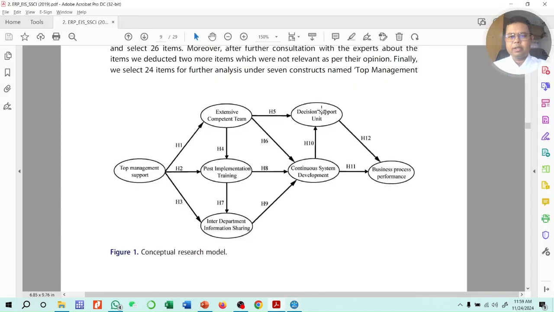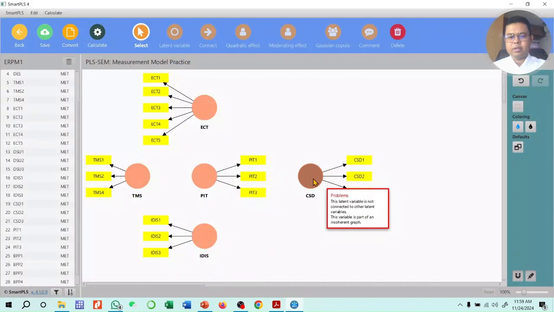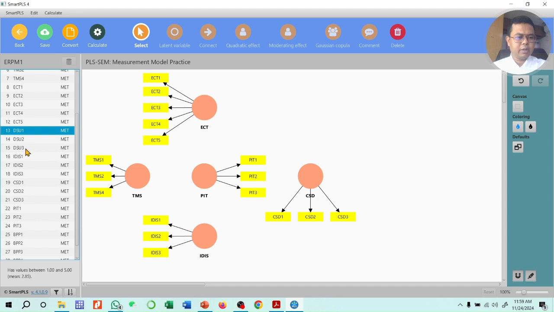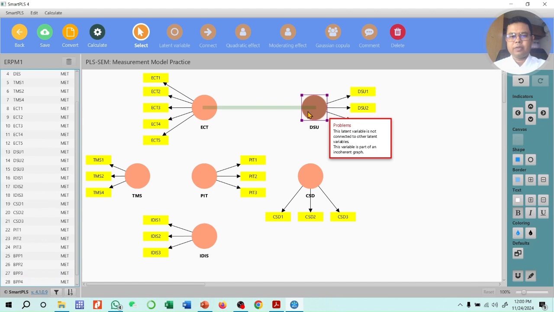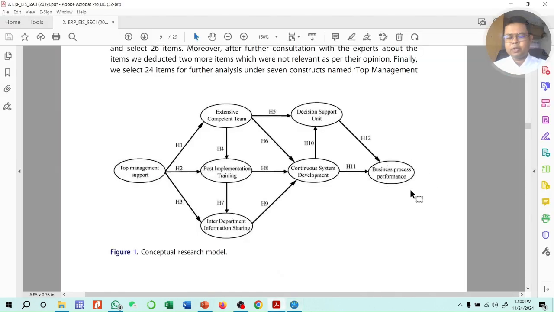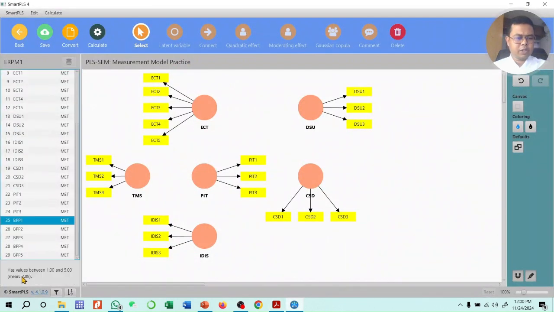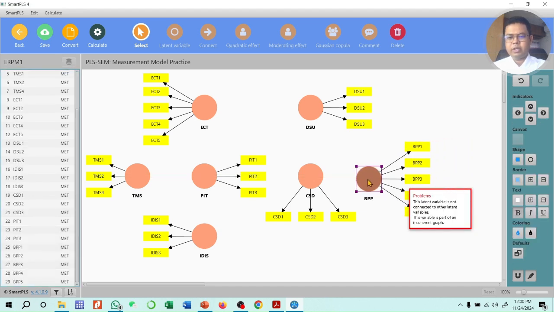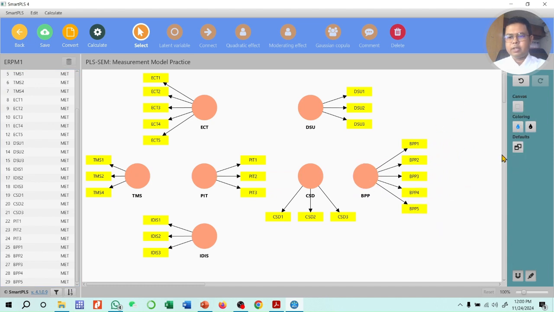And here you will see the decision support unit. So I'm making it the right corner. The DSU, decision support unit, has 3 items. Okay, so DSU has 3 items, right? Okay, and finally the business process performance, BPP, business process performance, has 5 items. So this is business process performance. Okay, so I make it in here, right? So we have already